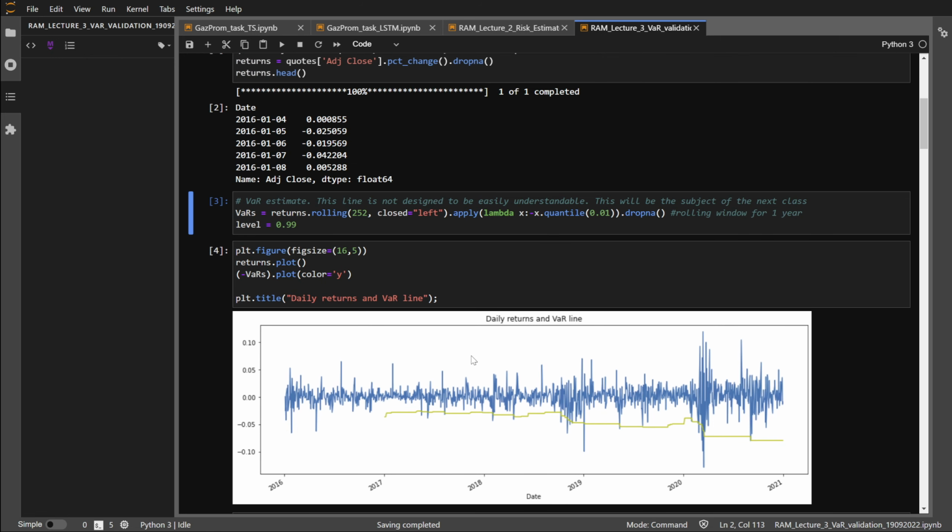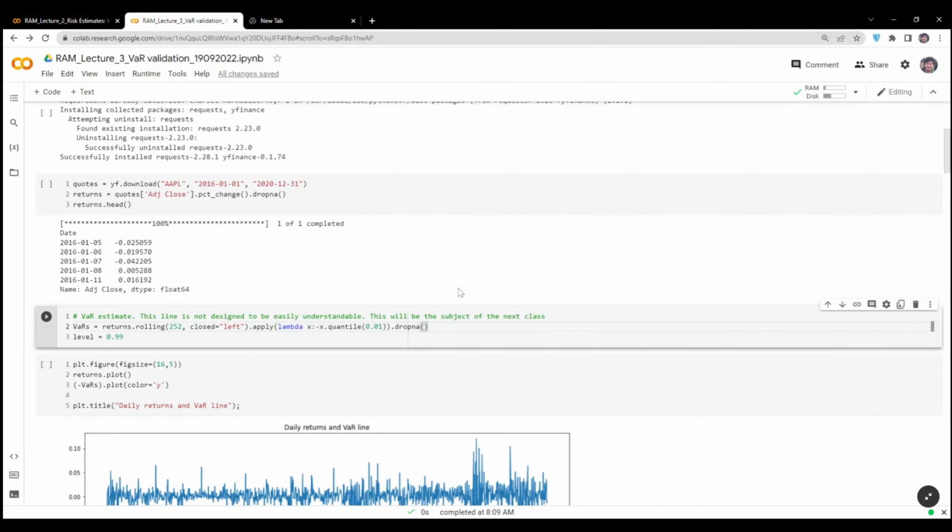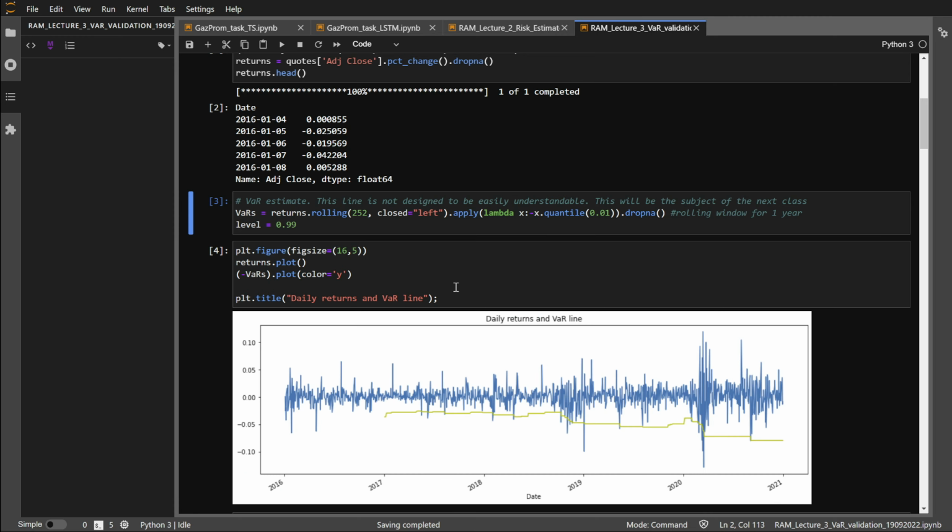So I switch the window: I take another 1 year of previous observations, including my new observation on realized losses and dropping one very old one. And then I do this all the way